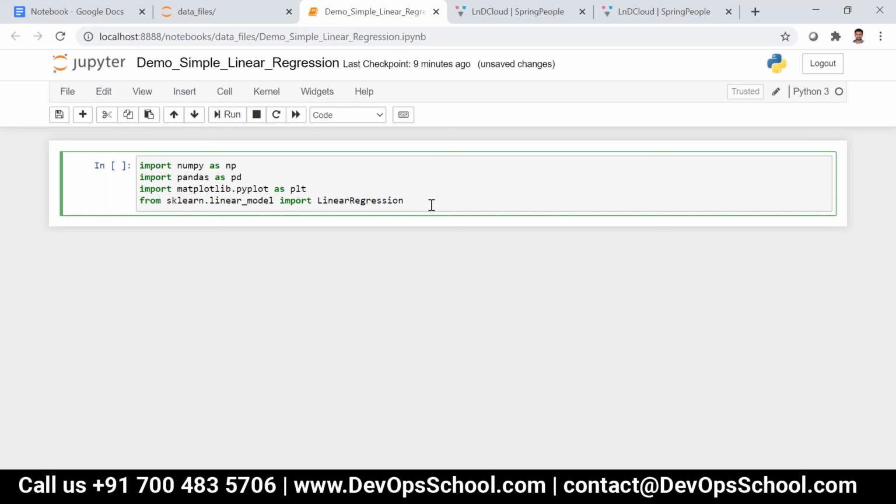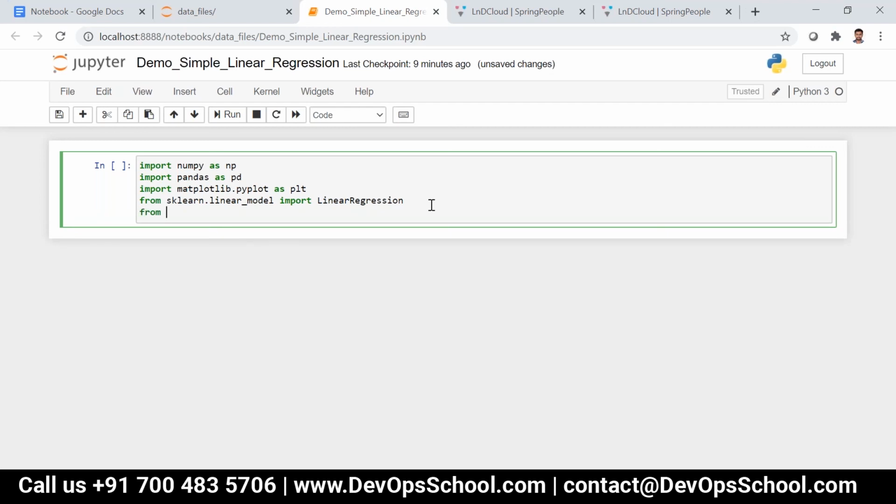Okay, and then I have something called metrics, sklearn.metrics. So what do you mean by metrics? What is the terminology referring to? Measurement, right? You are measuring something.